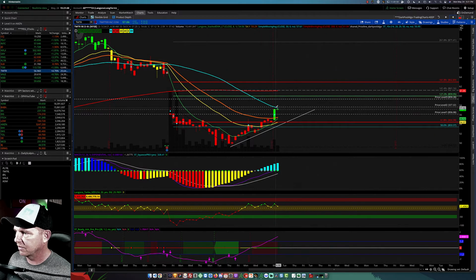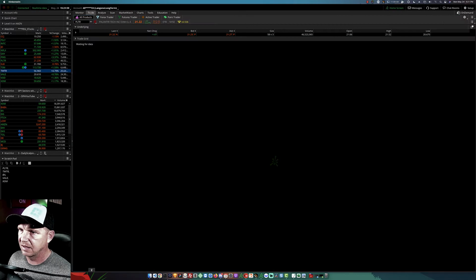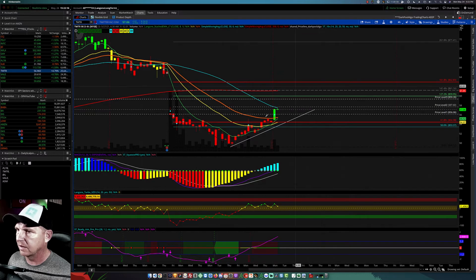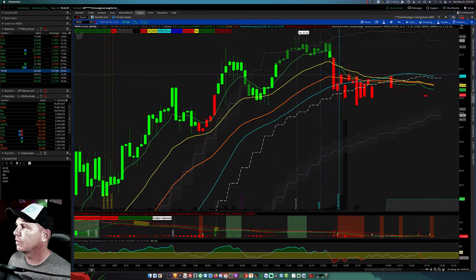So the short-term target is going to be 61.16. Taking profit at 60. If I were to get into those, so 61. All right, so we got a $2 anticipated move. We had a ton of movement today. I don't know if it's got enough momentum or enough gas to continue on a strong bullish run. I would look for a pullback. So from 57, I would look for a pullback to